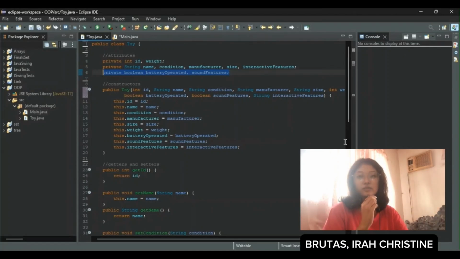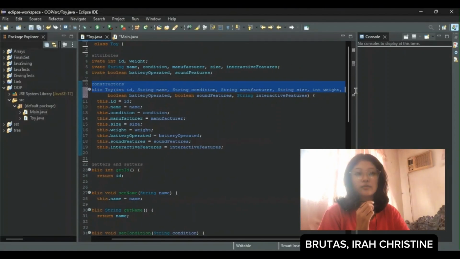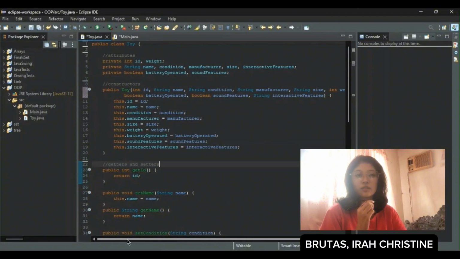Next is the constructor. Here: public Toy(int ID, String name, String condition, String manufacturer, String size, int weight, boolean batteryOperated, boolean soundFeatures, String interactiveFeatures). This constructor takes all the properties as parameters.